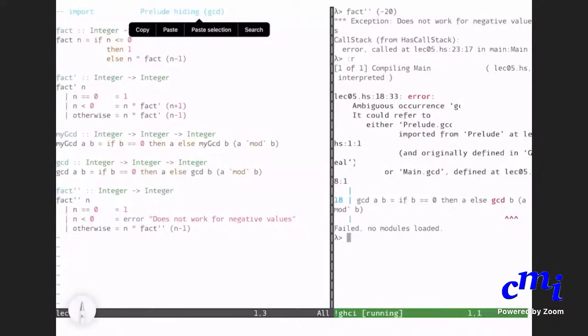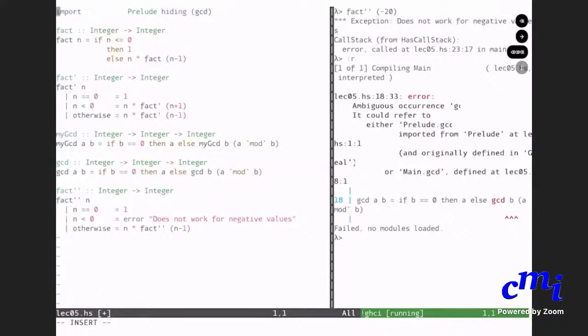In which case you can do import prelude. You can look at what all you are using here. Instead of saying hiding, you can explicitly say what all you want.